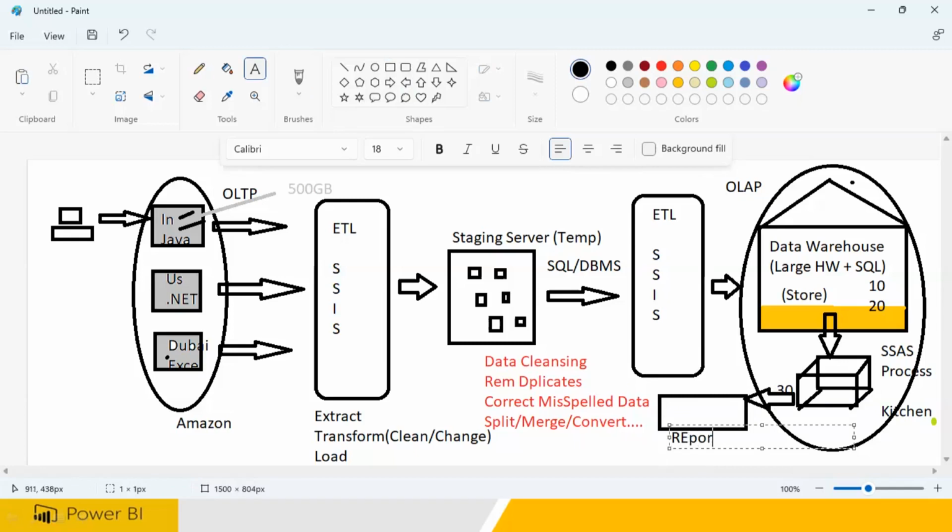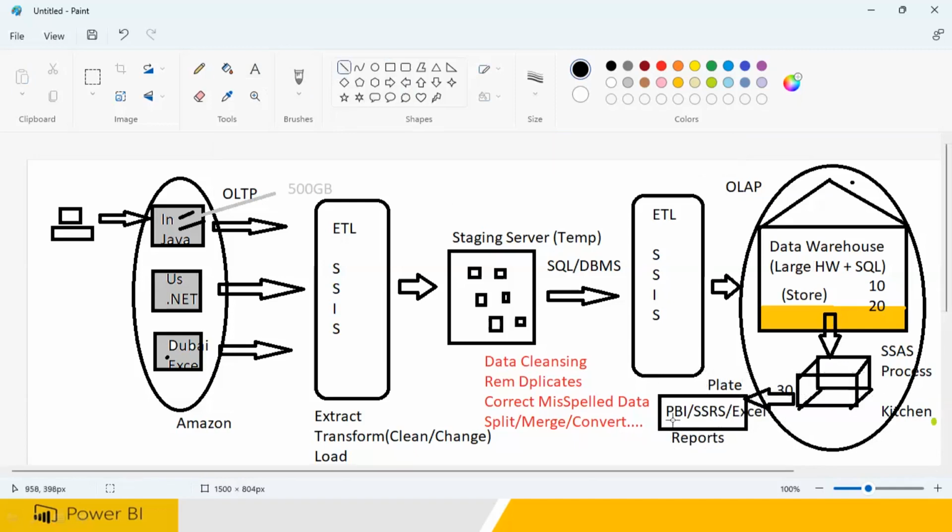Understood? So we are going to be using the reports to display the total aggregations. You may use Power BI. SSRS is a number one reporting tool, even Excel you can use. So this is how you take the vegetables, you cook the vegetables and chicken. After that, you put the chicken into the plate. This is your plate. You think like that. You garnish them, you color them, and this report will be given to the end user,